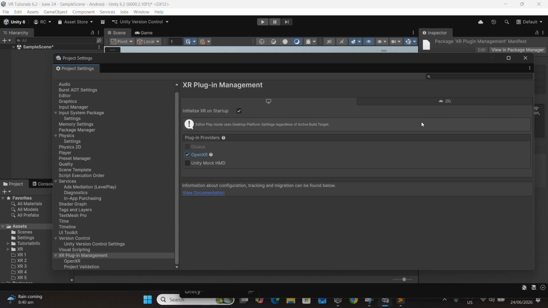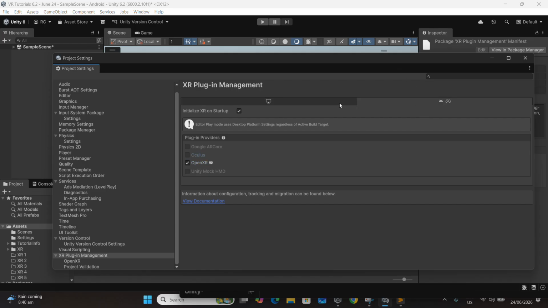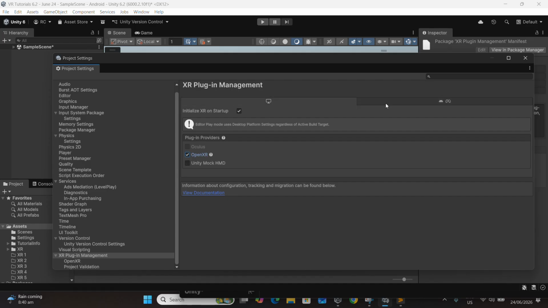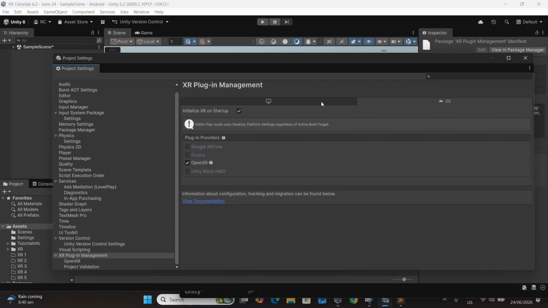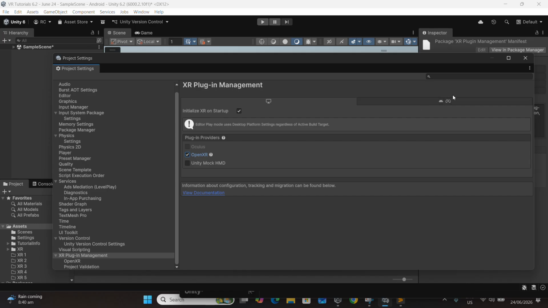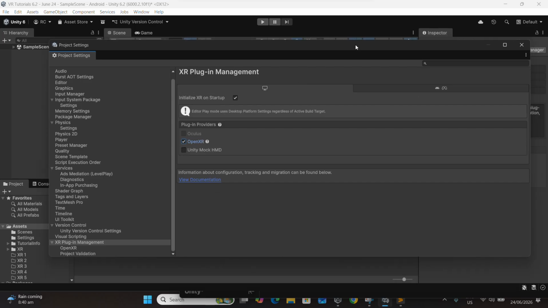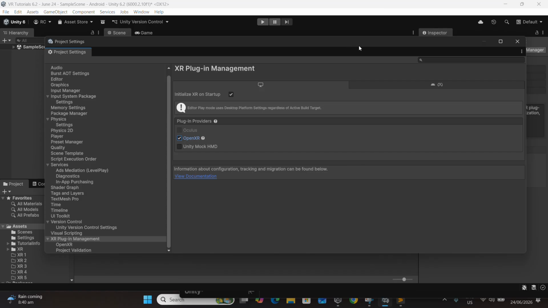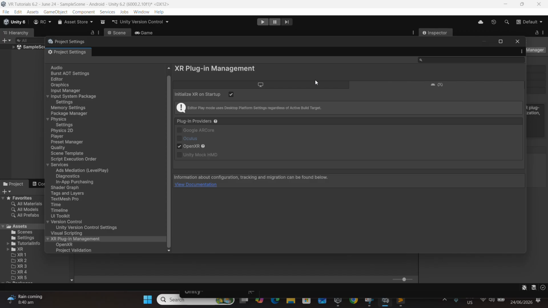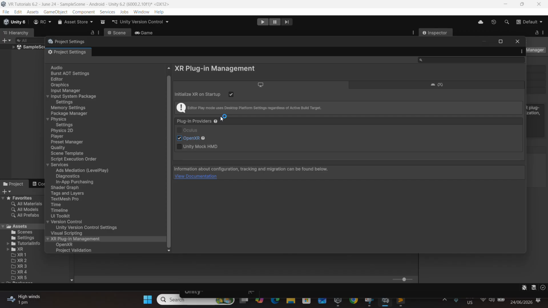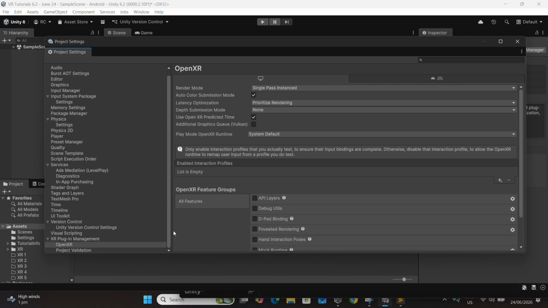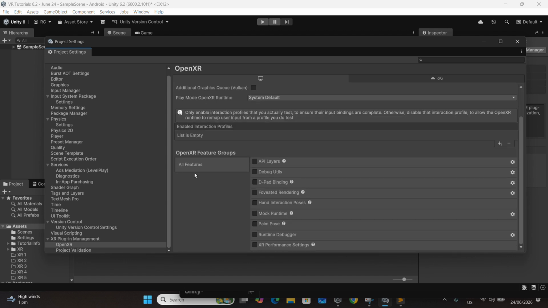Okay, so upon installing the XR plugin management, the reason why we click Open XR is because we want our VR project to be compatible with all XR devices. Okay. However, since we're using Oculus, okay, go to Open XR here, and